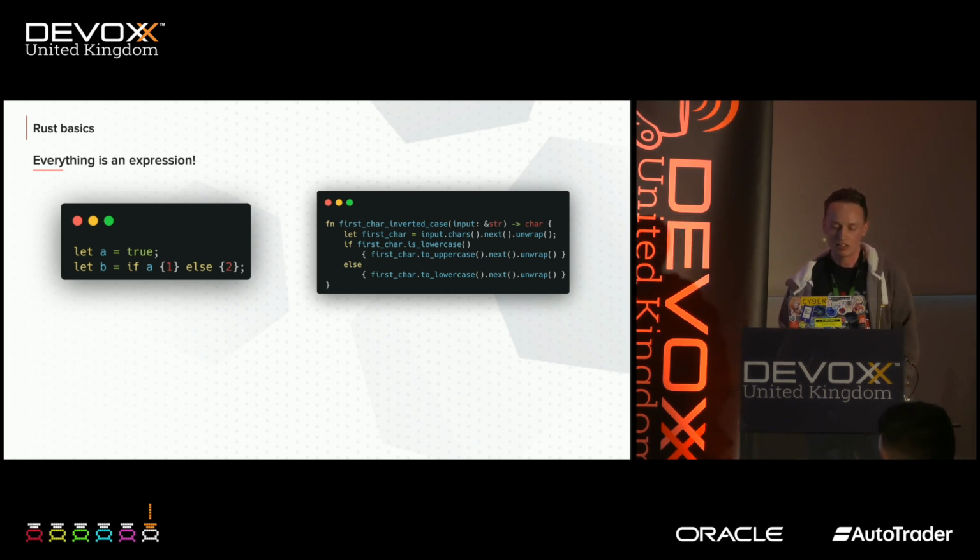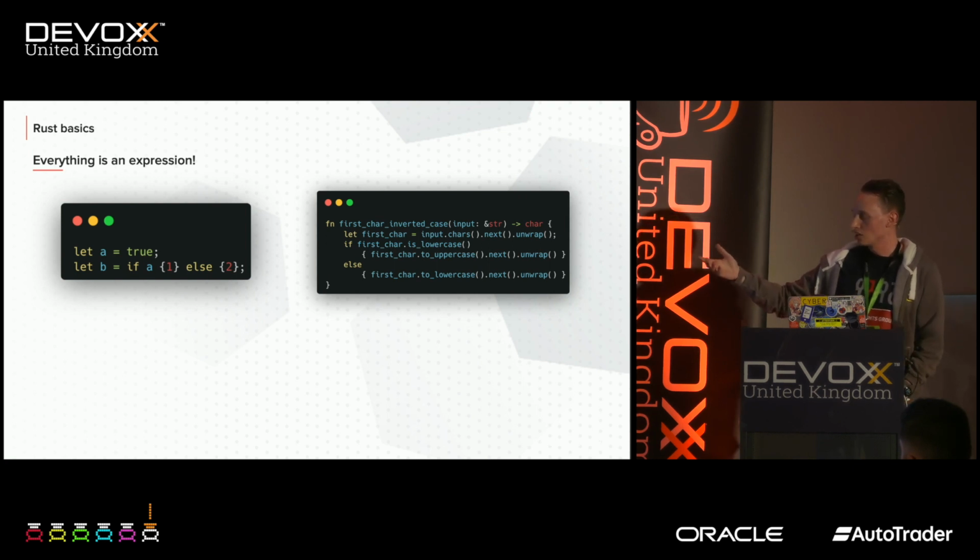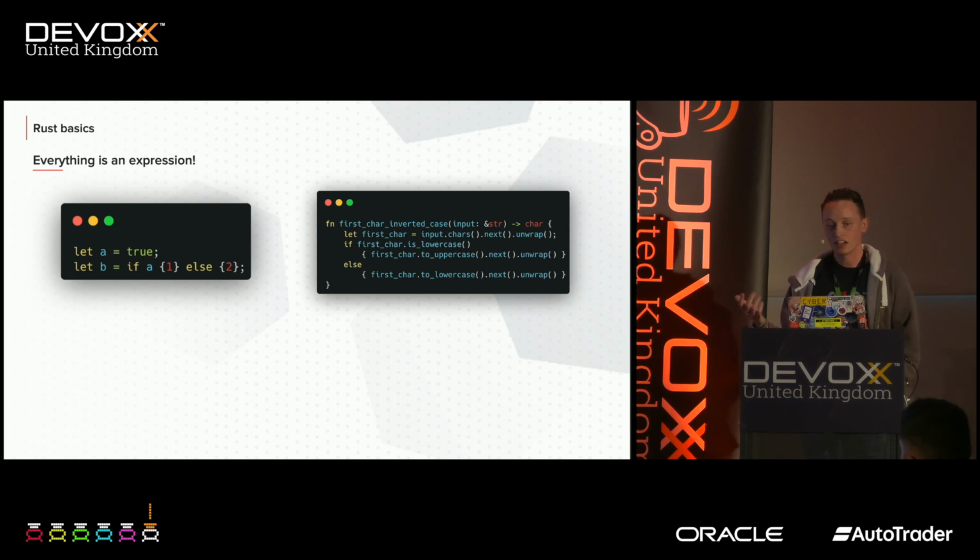And in Rust, you have very few statements. Almost everything is an expression, which has some interesting implications. So here we're saying let A equals true. That's just a let statement, and we're assigning the expression true. Then when we say let B equals if, well, I'm so used to calling them if statements because they are statements in every other language, but in Rust they are if expressions. Ifs are expressions, so we're able to assign one to a variable, and that has all sorts of interesting implications in turn.